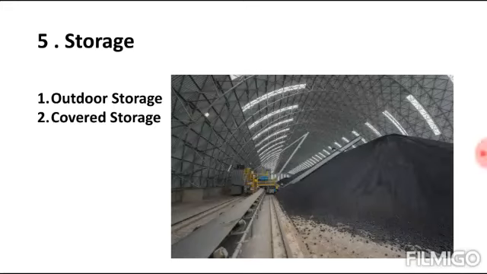Imagine that coal is not delivered to the power plant at the right time. There may be a chance of the plant shutting down. To avoid this situation, outdoor storage is provided. What is outdoor storage? In outdoor storage, a stock of coal for 30 to 80 days is stored in the power plant to avoid situations like failure of delivery of the coal. So this is outdoor storage.